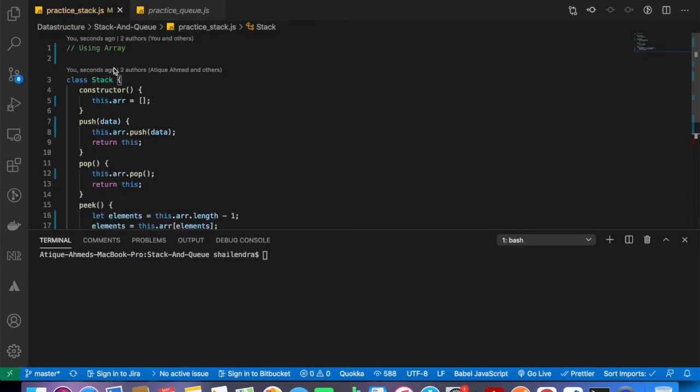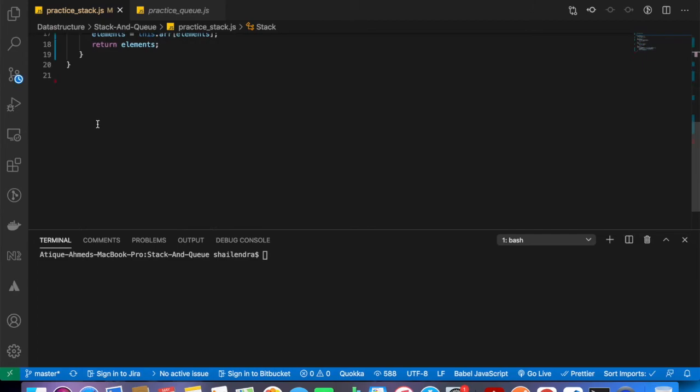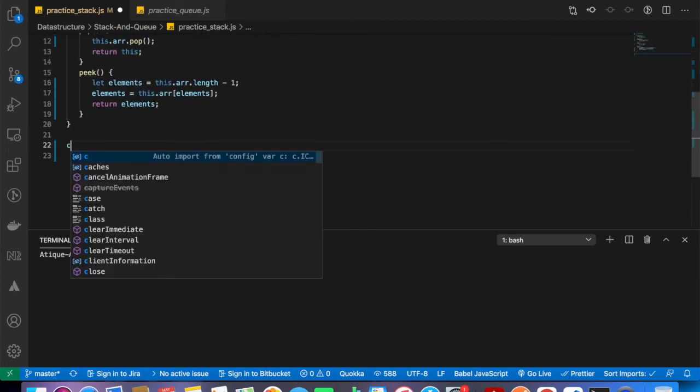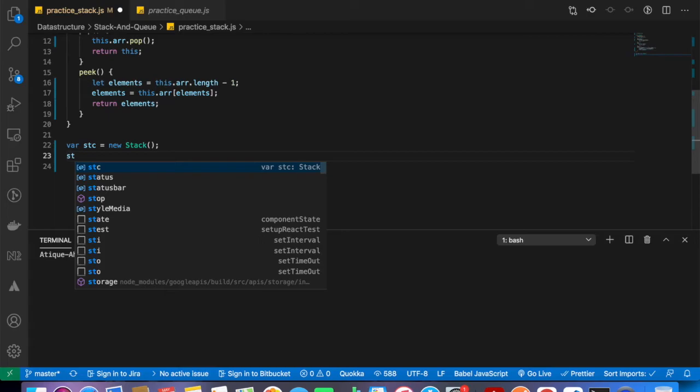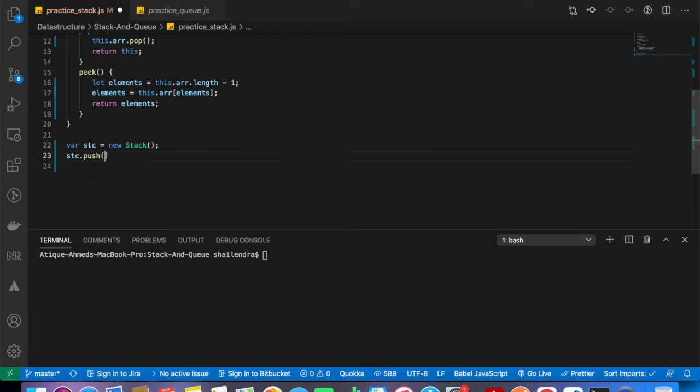So let's instantiate the class by saying var stc is new Stack, and stc.push.